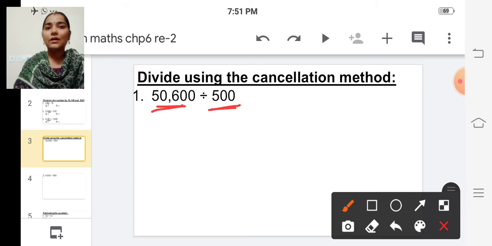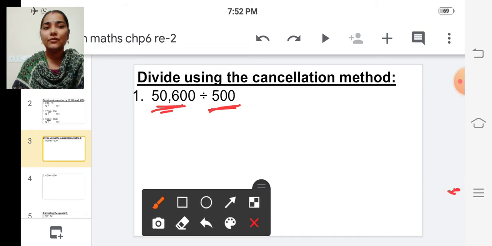Okay. If the dividend and divisor end with 0, then we can cancel the common number of zeros and we can divide the remaining digits. Okay. And in the last step, we have to add the cancelled zeros. So however many zeros we have cancelled in the first step, we have to add that number of zeros to the remainder, not in the quotient. Okay, we have to add those zeros in the remainder. So shall we do one example, then it will be clear for you.